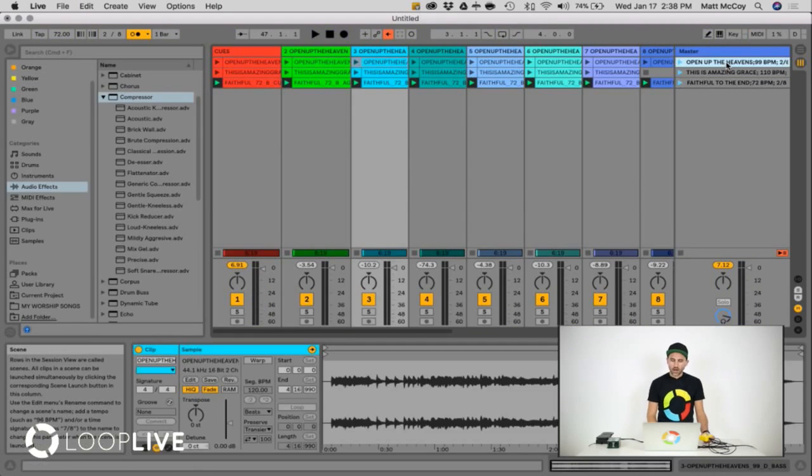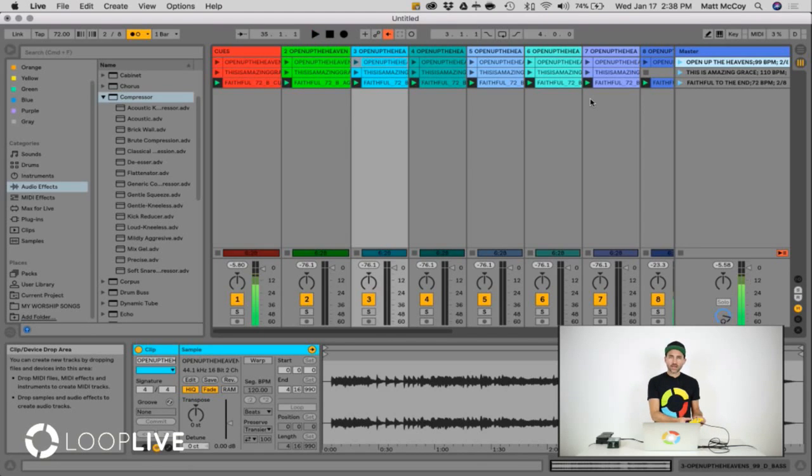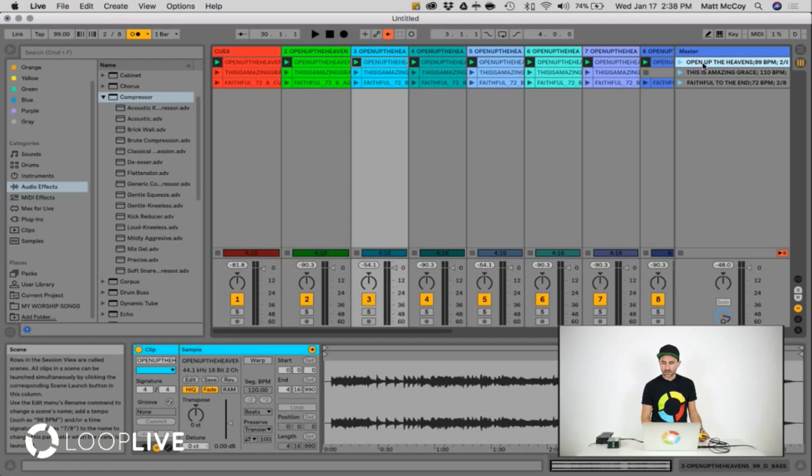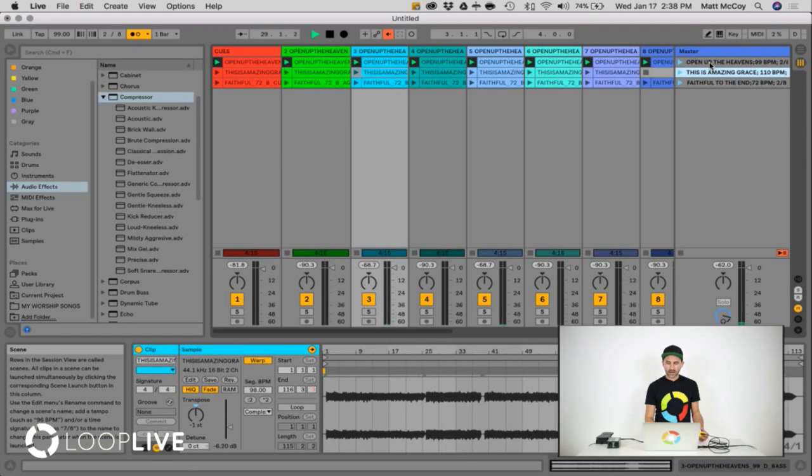So now I can go to the top of my set. I can press button 1 to start song 1. I can hit stop to stop the track. I can press the next button to go to the next song in my set, and hit play to start the next song. All right? Actually, I wasn't selected. You actually have to pre-select the scene when you first start your set. So let me go ahead and hit play. All right, hit stop, hit next, hit play, and to start and stop the track,